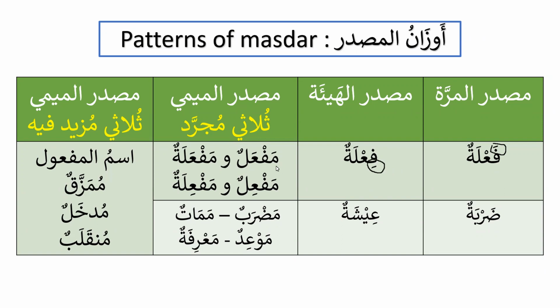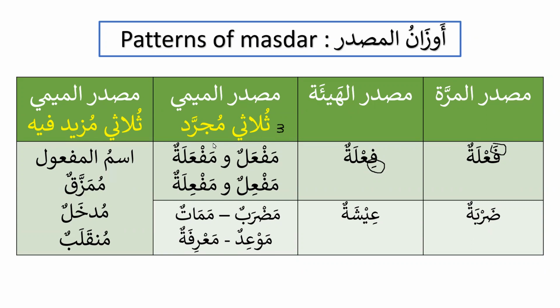Then we have learned about masdar al-mimi, and we have seen that it comes from thalathi mujarrad and also from thalathi mazid fi. So when we talk about thalathi mujarrad, it has four patterns. It can come on the pattern of maf'alun wa maf'alatun, for example, madrabun wa mamatun. And similarly, it can come on the pattern of maf'ilun wa maf'ilatun, for example, maw'idun wa ma'rifatun. So here we have the examples of masdar al-mimi that comes from thalathi mujarrad, the verbs that have three root